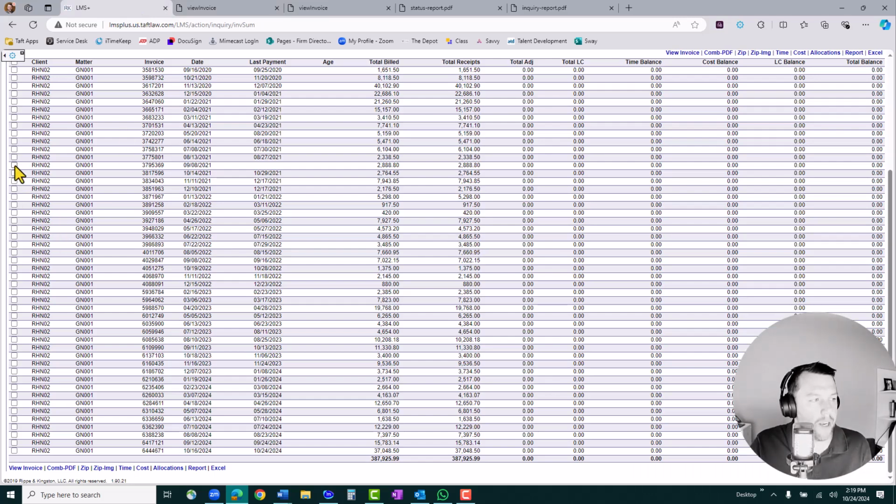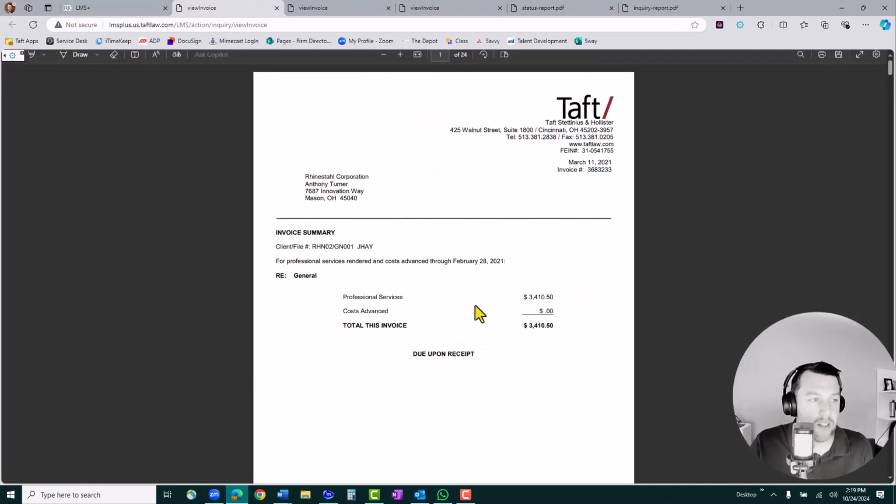Next thing we're going to do is look at combining these invoices. So I can pick whichever ones I want out of this list. It doesn't matter the order in which I select them. What we're going to do is click Comb PDF down here, and what this is going to do is combine all of these invoices into one PDF. The nice thing about this is it automatically throws them into chronological